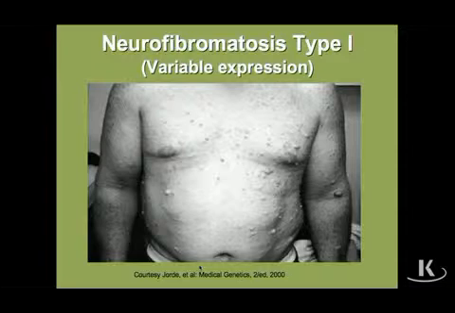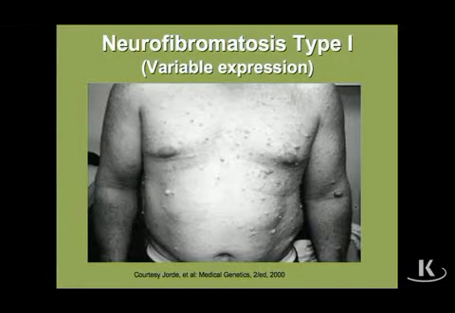Neurofibromatosis type 1 is an autosomal dominant disease in which the patients develop benign tumors at nerve endings. Each of the little bumps on this person is a benign tumor at a nerve ending. Now, this disease shows variable expression because at the extremes, there are some patients who have this disease who have such a